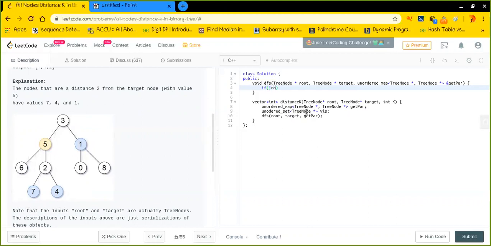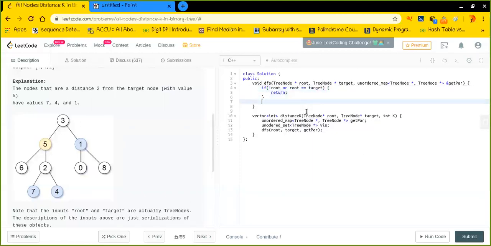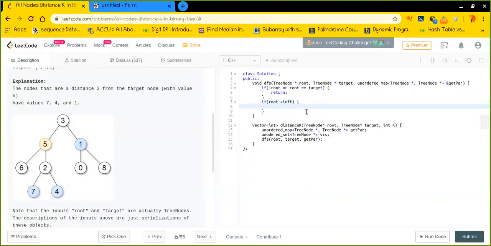So when I see that there is no root, or the root is basically, let's say, target, if I reach target, then I should return back. And if that is not the case, then I'll see that if root's left is existing, then I will simply write get parent of root left equal to root.